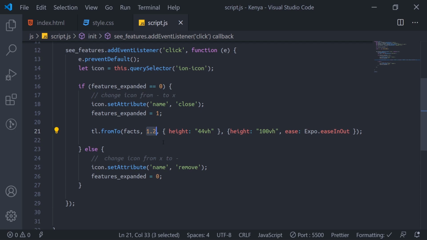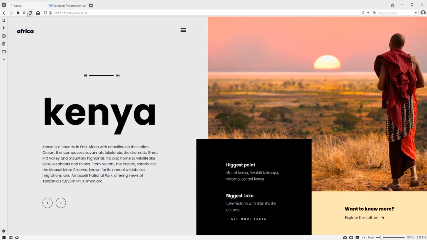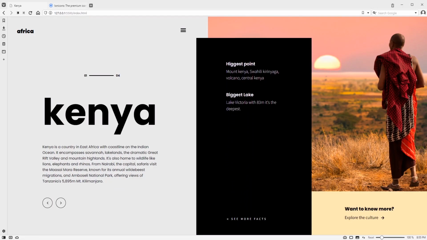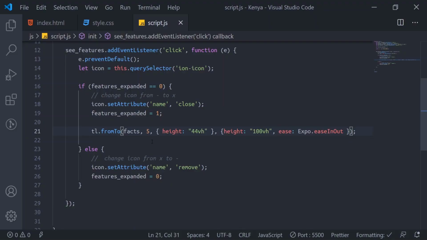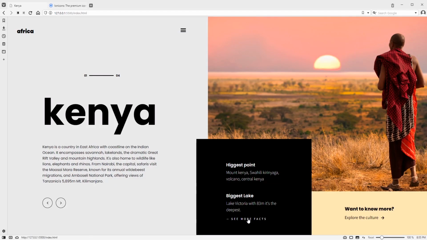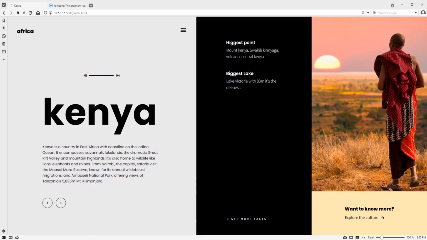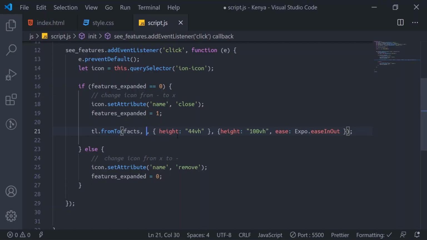If I put like 5, a very high time, and refresh, see how it takes time before it reaches the top. Because I made it fast, I put like 1.2. If you make it faster, I drop to 0.5, speed is higher. Let me leave it at 1.2.